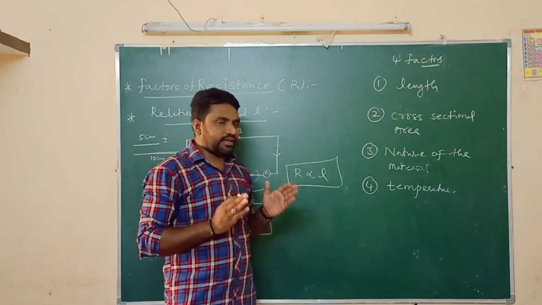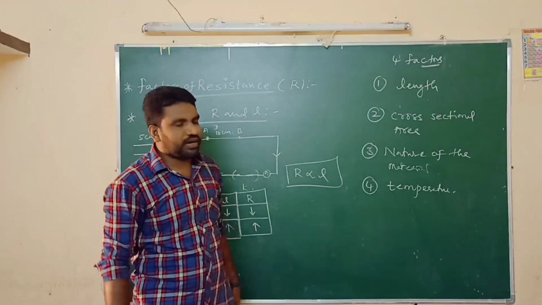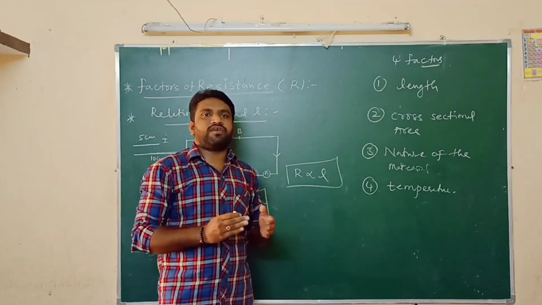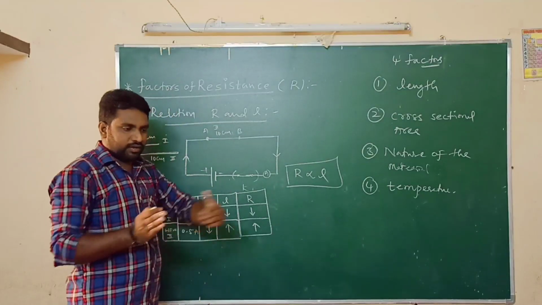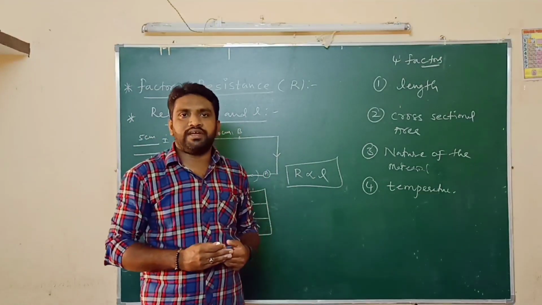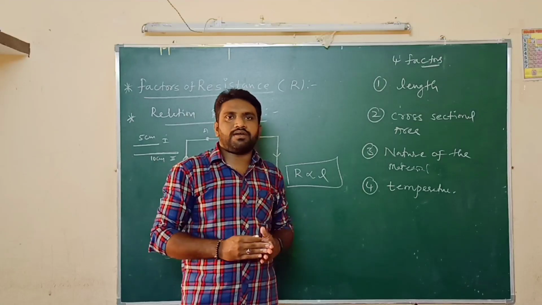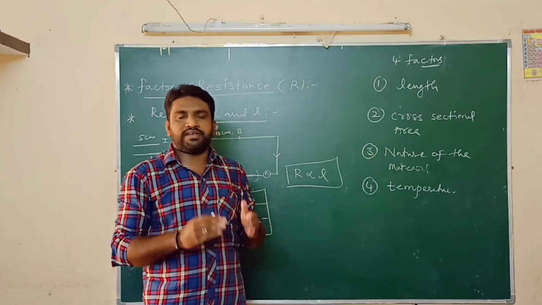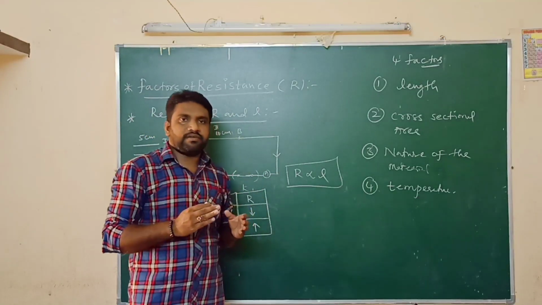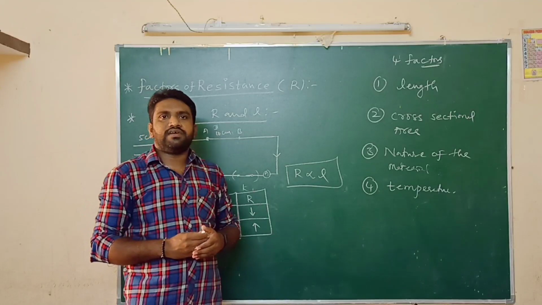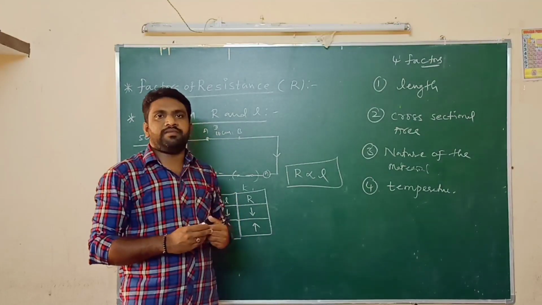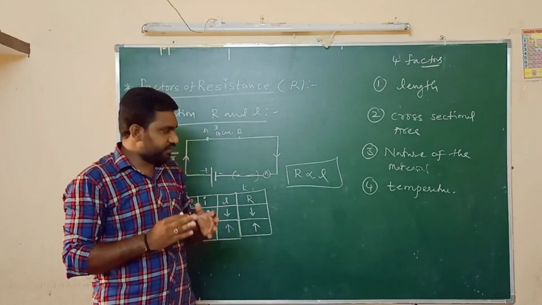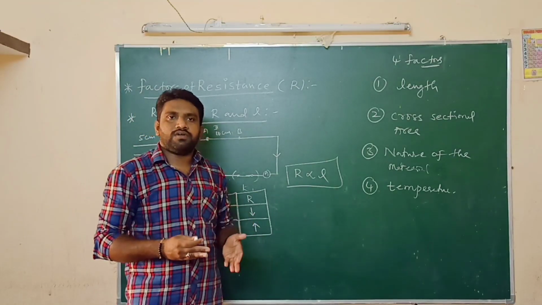So why does the resistance increase when the length of the conductor is increased? When the length is more, more atoms are present in the copper wire. With respect to the length, the number of atoms increases. Due to the increase in the number of atoms, more collisions take place between the free electrons and the atoms present in the conductor. As the number of collisions increases, the speed of electrons is reduced. What is the meaning of reduction in speed? It means resistance is more. So that is the conclusion.